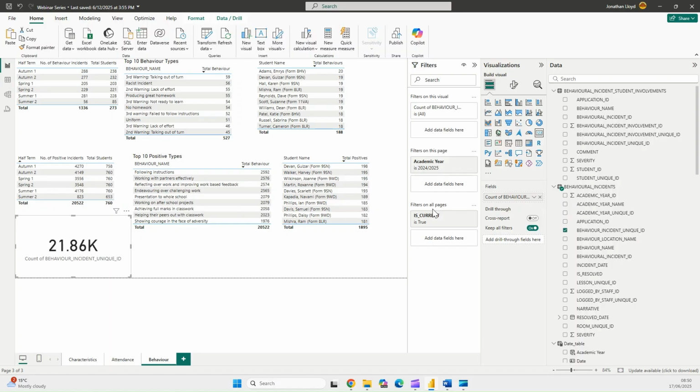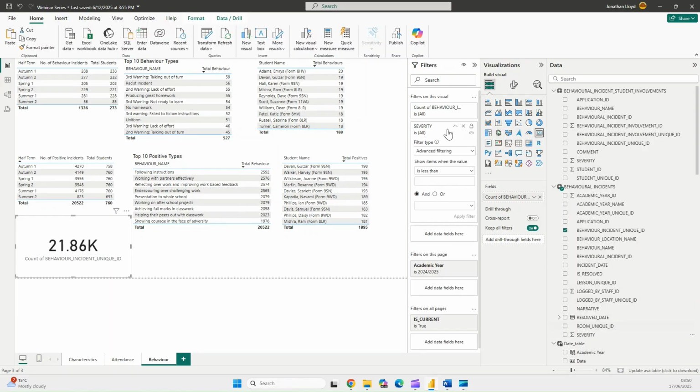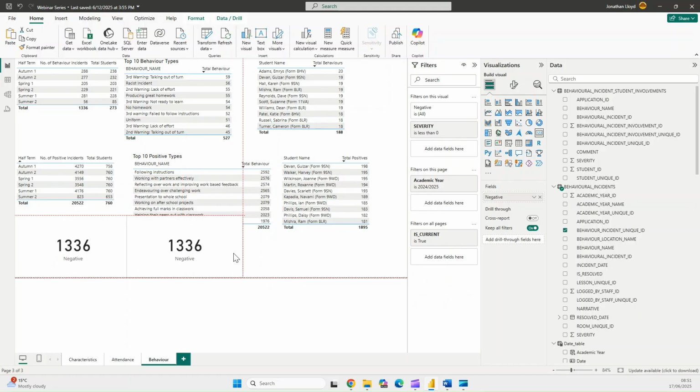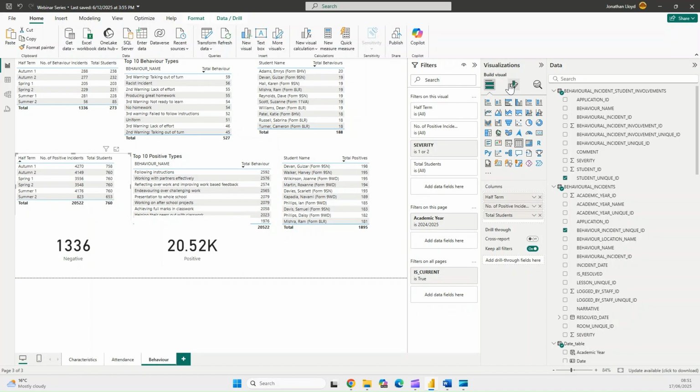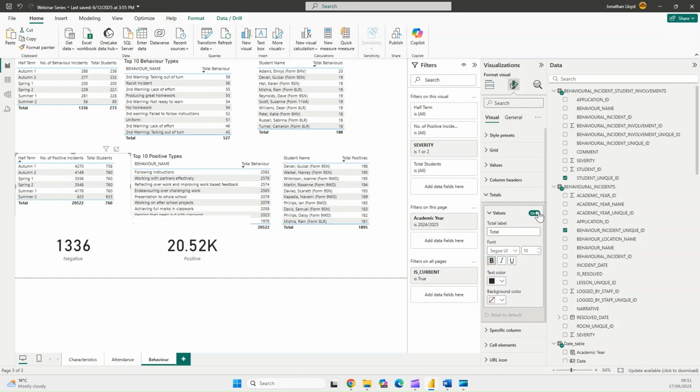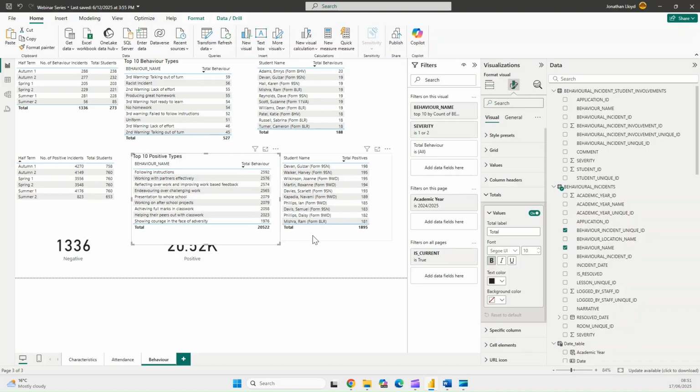And again, we can make that a positive or a negative instance just by adding a filter to it. So we can say anything less than 0. Let's apply that filter. And then we can rename this negative. There we go. And then we can create the same one and change the severity level to the positive side. And we can rename that as well to positive. There we go. And then we can tartan these things up,